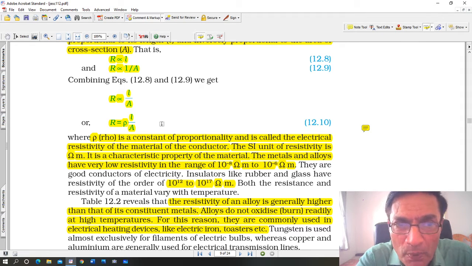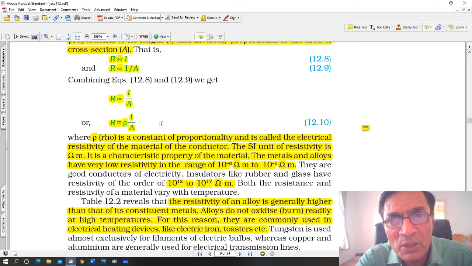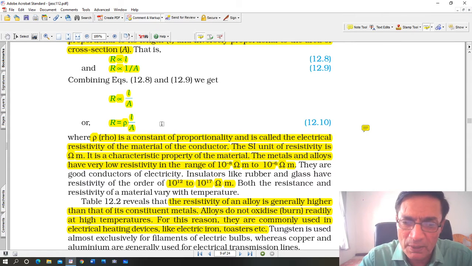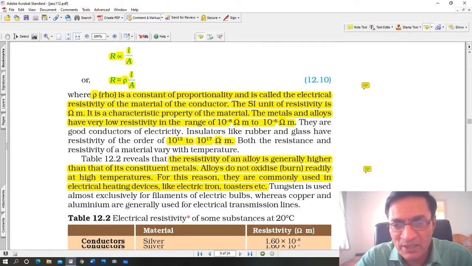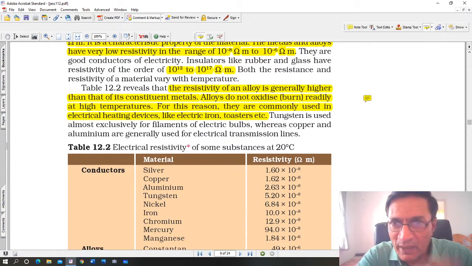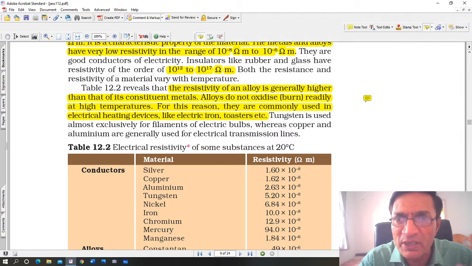If you take a copper wire and measure its resistivity on Mars or on Jupiter, where it is very, very cold, then resistivity will obviously change. But here we are talking about room temperature. So that is about resistivity and resistance. There is a difference between the two. Resistance can change. Resistivity of a material on earth at room temperature will be the same.